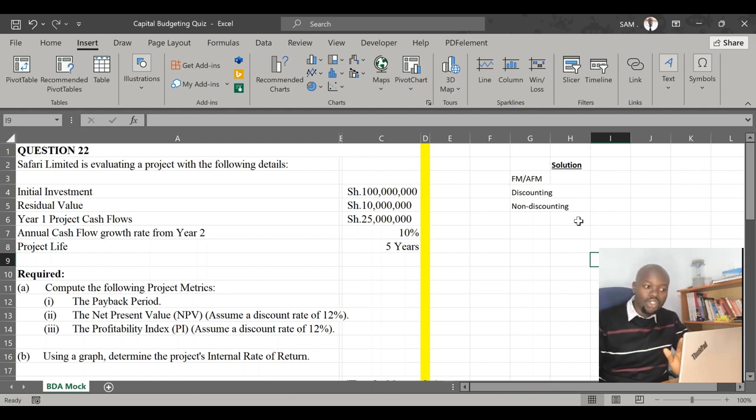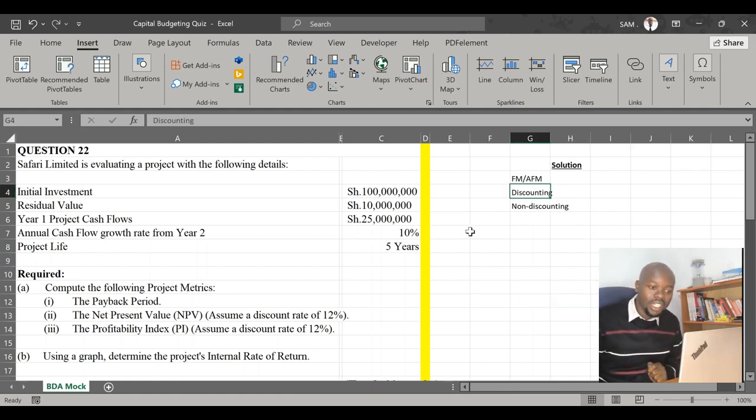I'm just touching on it so that we can relate. We can see the relationship between project evaluation techniques done under financial management and advanced financial management, and their application in BDA, which is business data analytics. So this is the practical application part of that theory knowledge. So here,